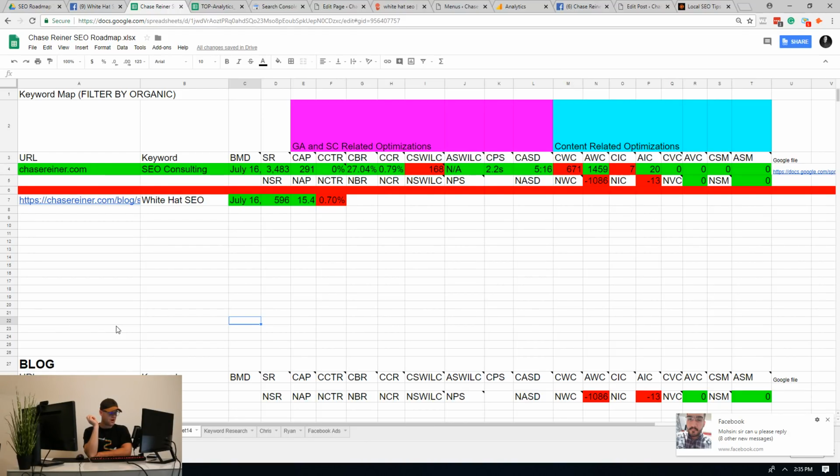Samuk says, could we optimize for the main keyword on the home page and optimize for related keywords through blogs? So yes, you'd probably want to optimize your homepage for your main keyword. And then for your related keywords, you probably want to figure out whether those are informational-based type queries